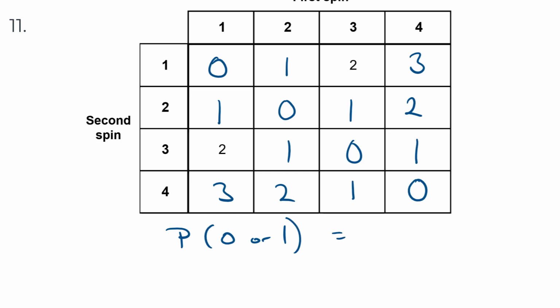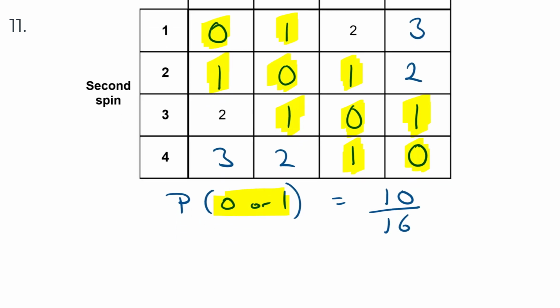Well, probability is equal to successful outcomes divided by total outcomes. Now, there are a total of 16 outcomes here. I've got 4 rows of 4. And how many of those outcomes are 0 or 1? Let's count them. 1, 2, 3, 4, 5, 6, 7, 8, 9, 10. So there's actually 10 outcomes that are 0 or 1, giving you a probability of success of 10 out of